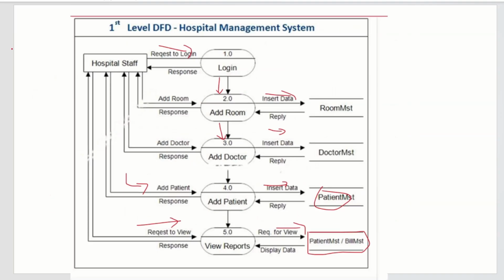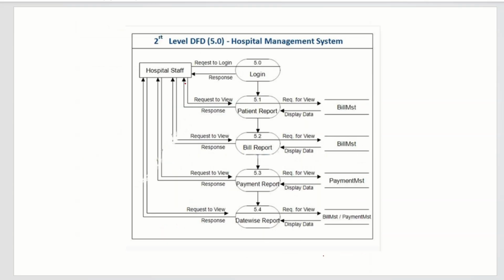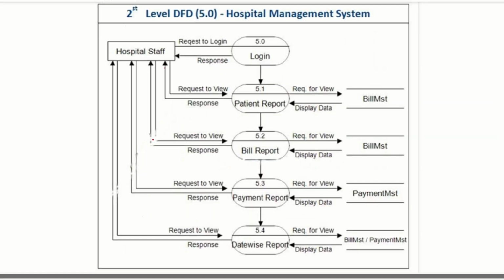So this DFD that is a bit simple is only showing what features we have provided to the hospital staff in this project. They can add the room, they can add the doctor, they can add the patient, they can view the reports. Now what we'll do is make different DFDs for adding the room, the doctors, the patient, and viewing the reports. In this, I will show you what priorities they have given. And in the next,